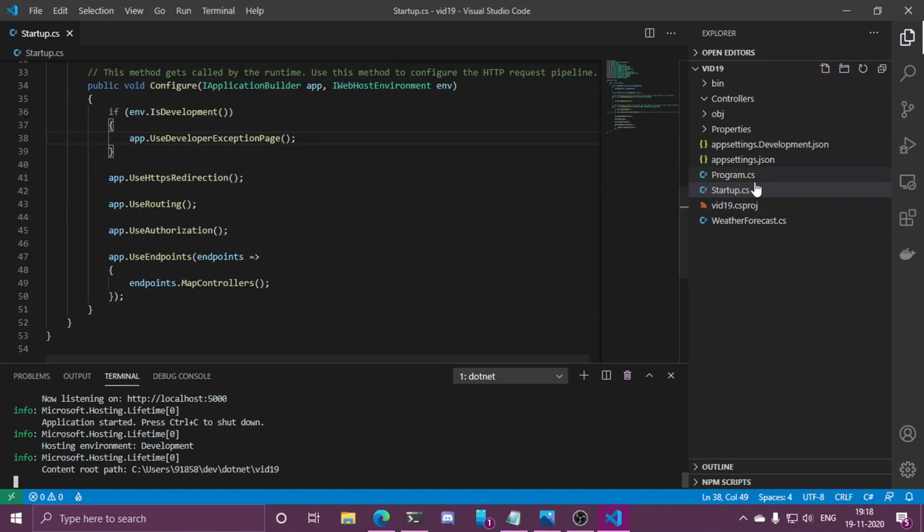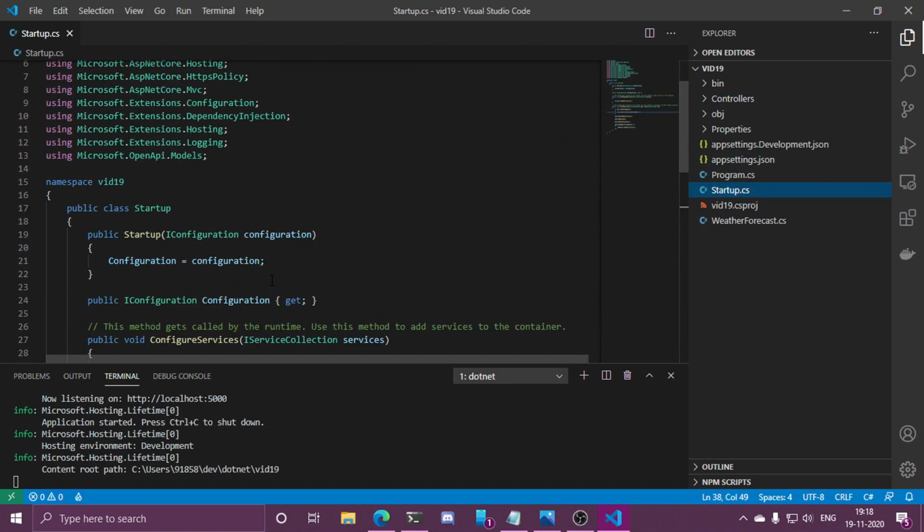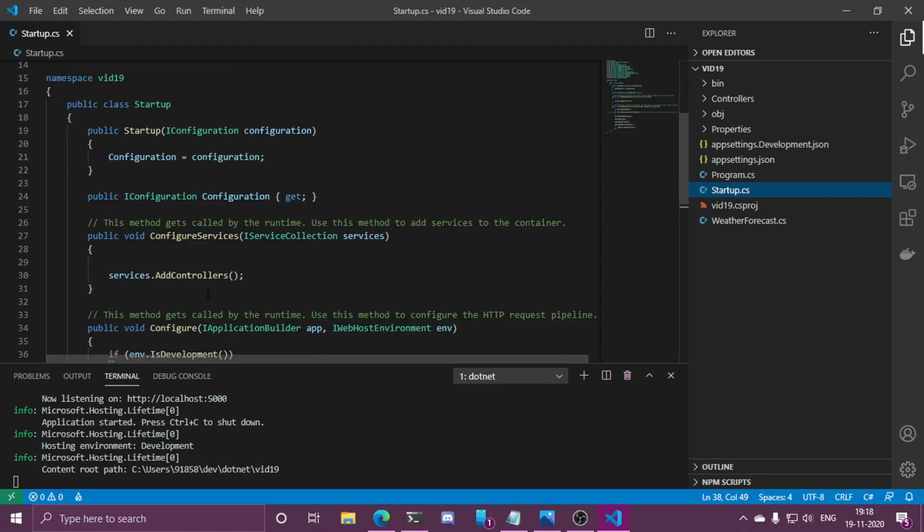So basically, let's talk about the folder structure. Controllers is the folder which contains your controllers. We will talk about it. Startup.cs is the file which is actually responsible for booting up your web server and configuring things, and if you want to plug in services, this is the file where you do it. So if you want to introduce services in your REST API, you just plug them in over here.